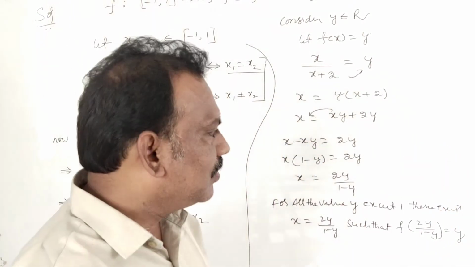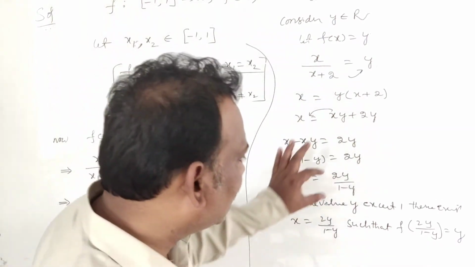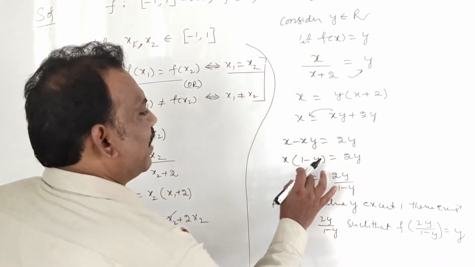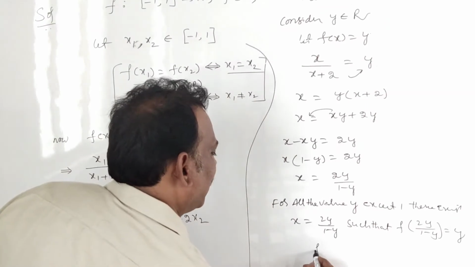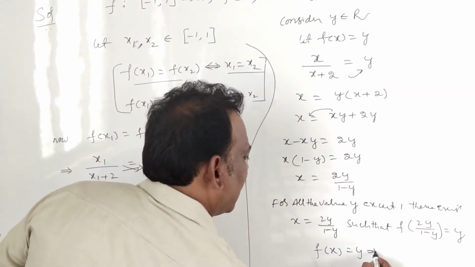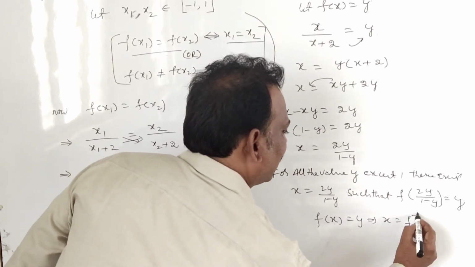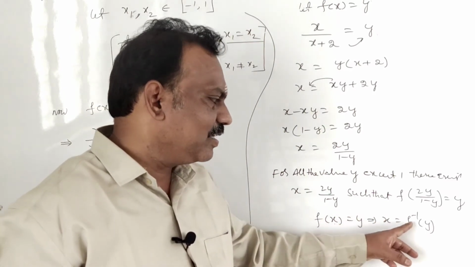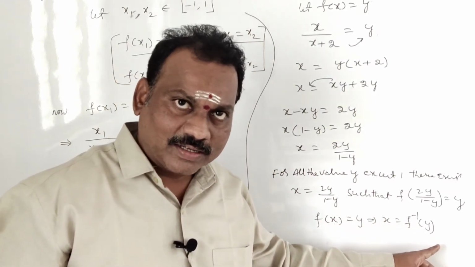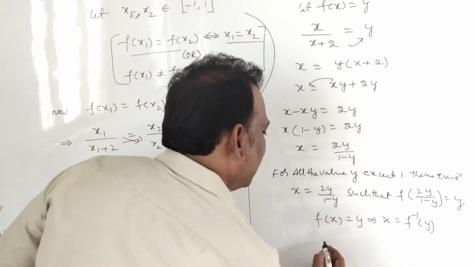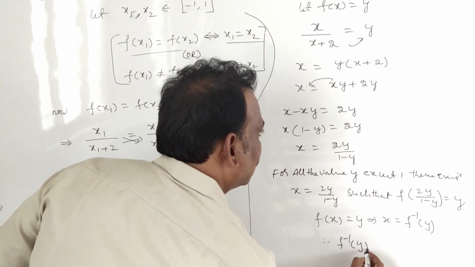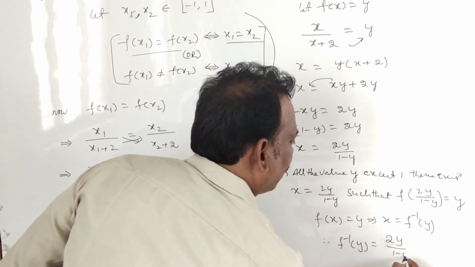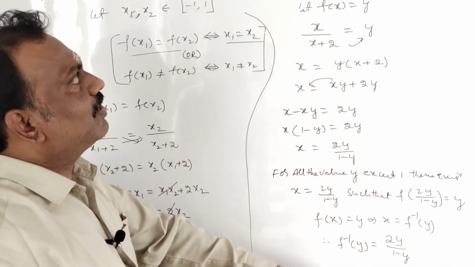Understood, students? So here you need f inverse. F inverse is nothing but this, this is the answer. How would we know? Very simple. This is the x value. Initially you took f of x is equal to y. Correct, students? In this I can make x the subject, and you will get f inverse y. Correct or not? F is moving from the left side to the right side, it is nothing but f inverse y. So the x value is nothing but f inverse y only. Therefore, f inverse y is equal to 2y upon 1 minus y. So this is the inverse of f only.